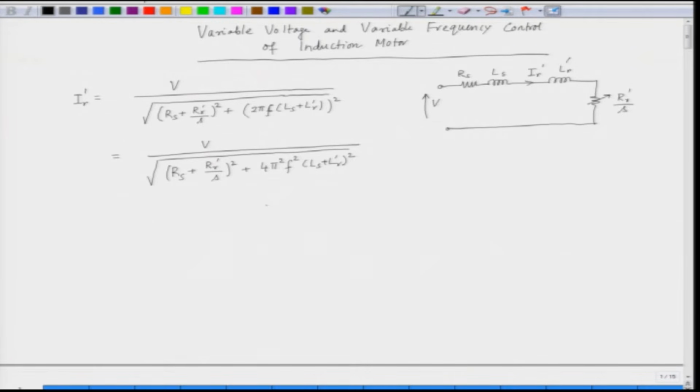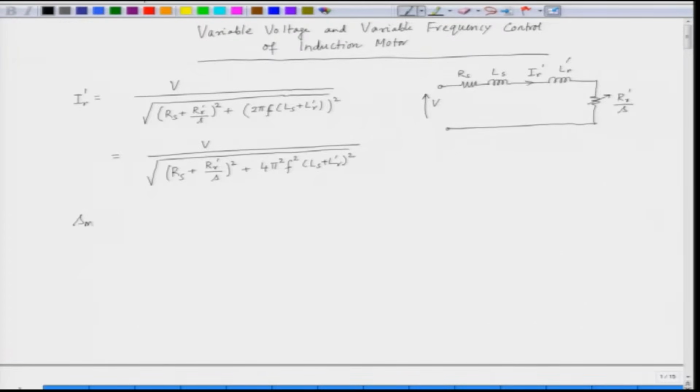Now, what we do here, we know that we have to find out the maximum torque and the maximum torque for the induction motor occurs for the following value of the slip. So, S max T is given as